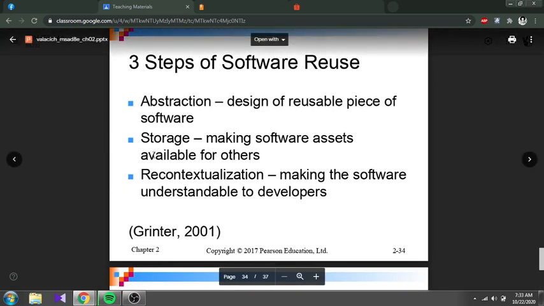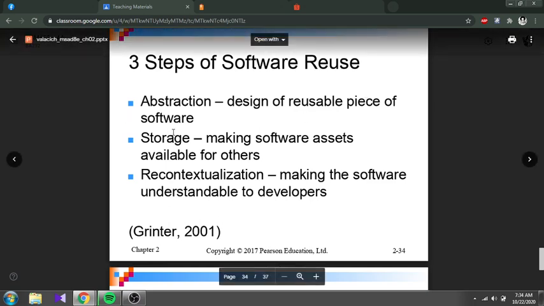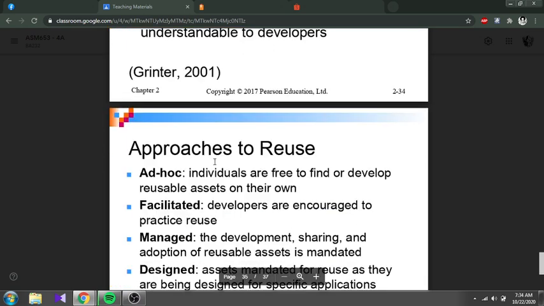Mostly it is steps 1 and 2, abstraction and storage. They take a piece of the software, maybe one module, maybe one that can generate a specific report, take that coding, and move it to the new system. Storage can also be made available to other users, or can cater to more users at one time. That kind of function.